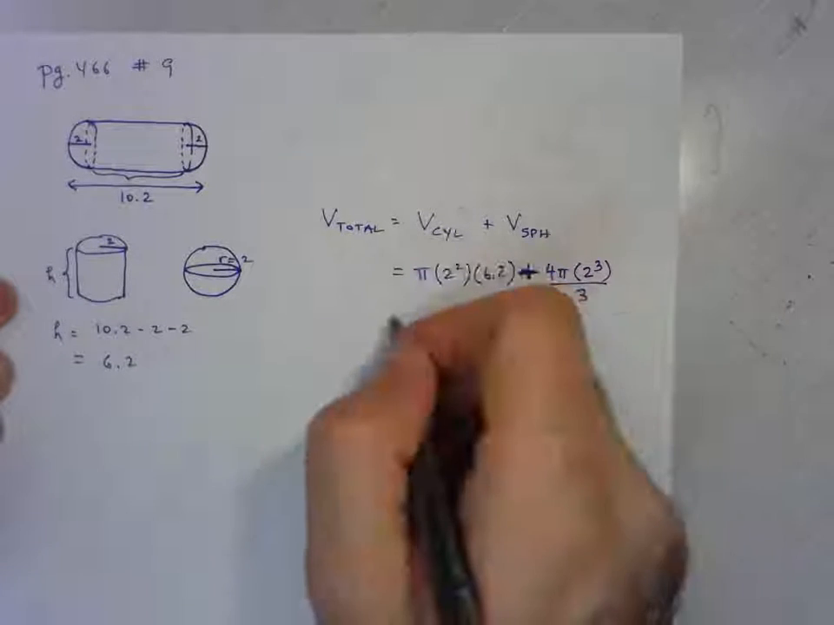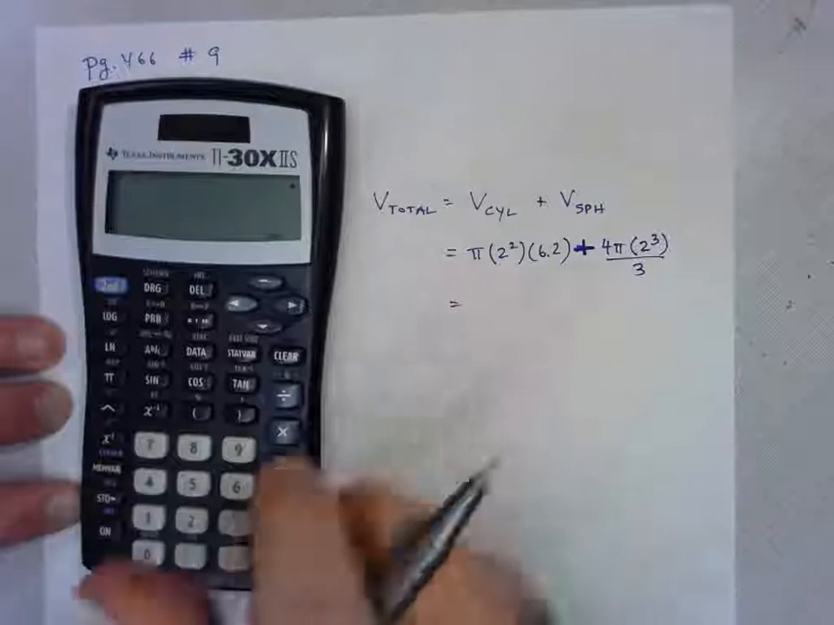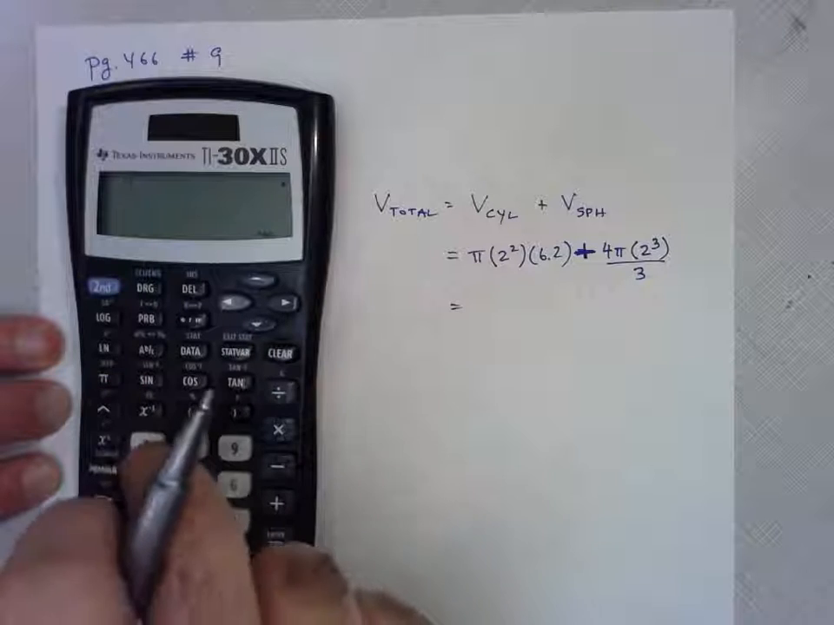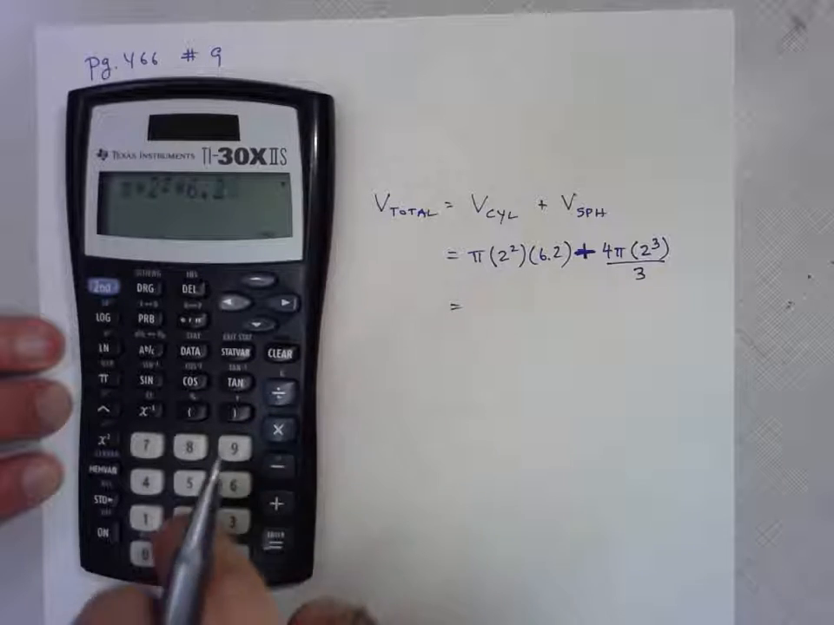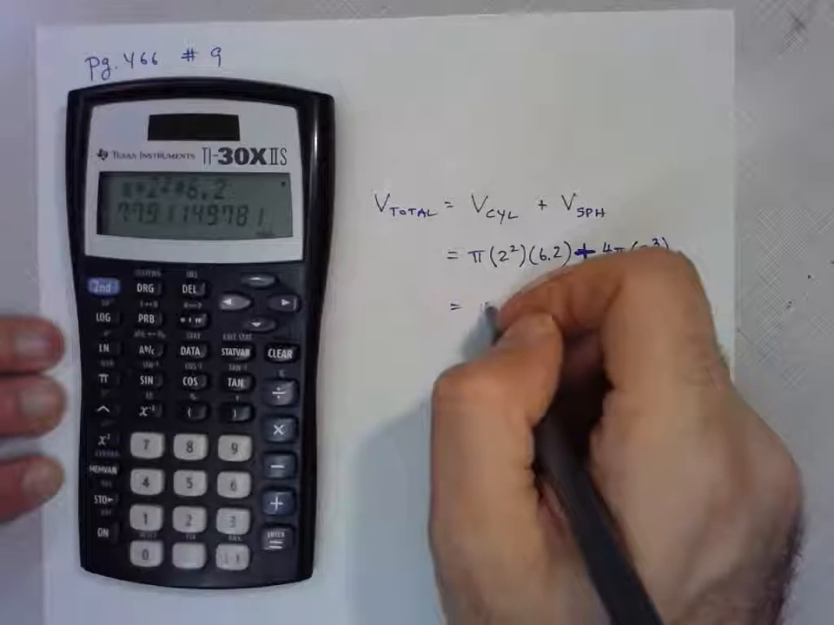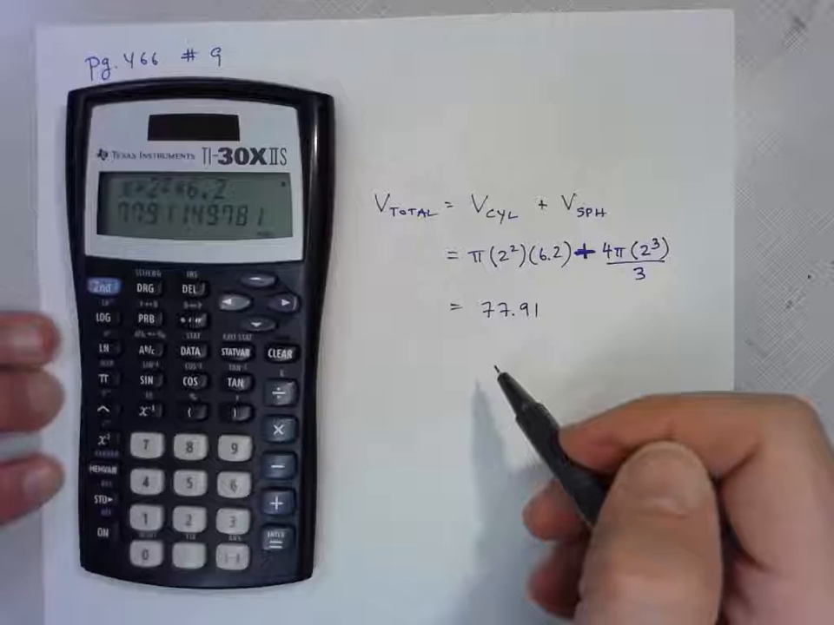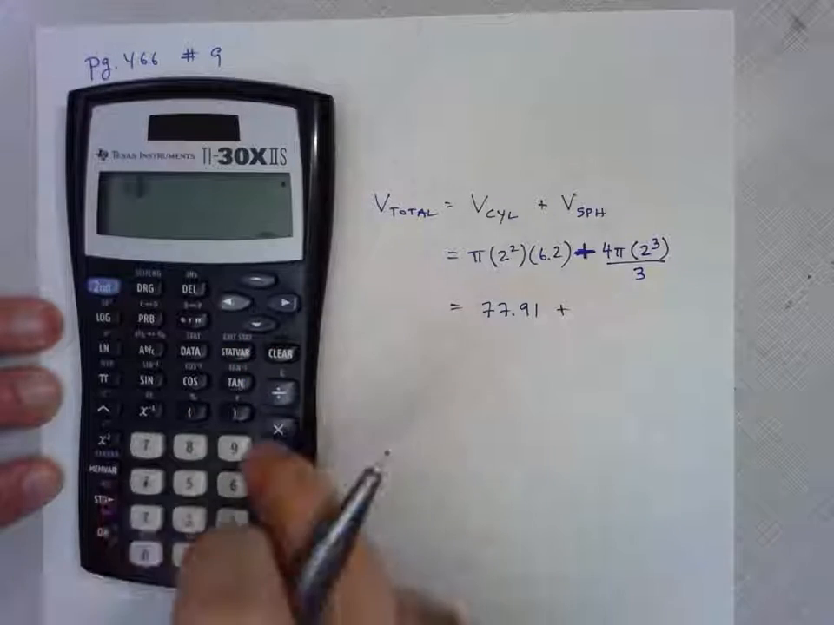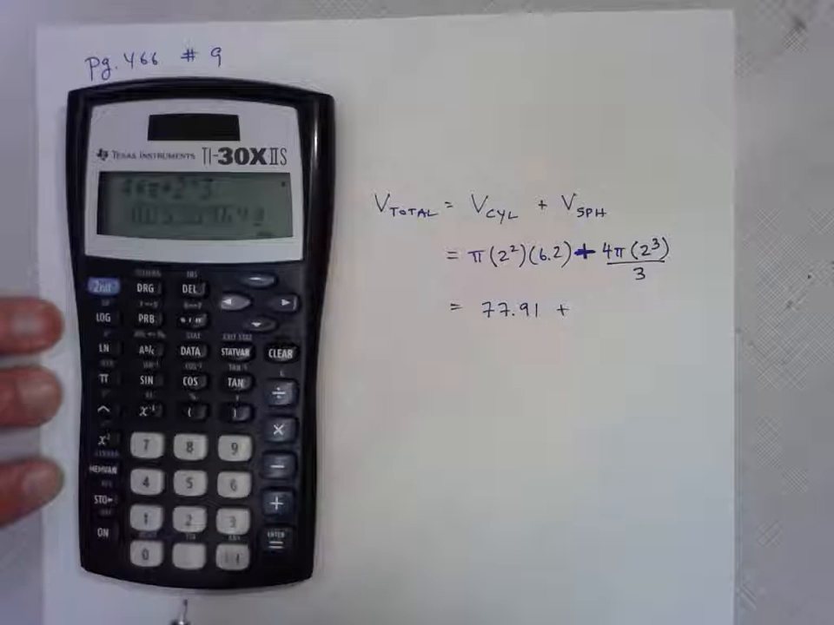Now let's put this into our calculator. Since this is an application question, it's okay to give an answer which is an approximation. I've got a pi button on my calculator, so I'm going to do pi times 2 squared, which is 4, times 6.2. That's 77.91. You'll notice I'm not doing it all together because it would get complicated on my calculator, so I will do it in two stages. Now we'll do 4 times pi times 2 cubed, which is just 8, and then divide that by 3,